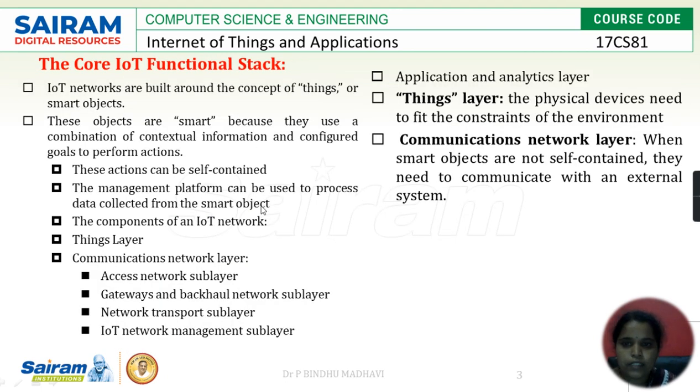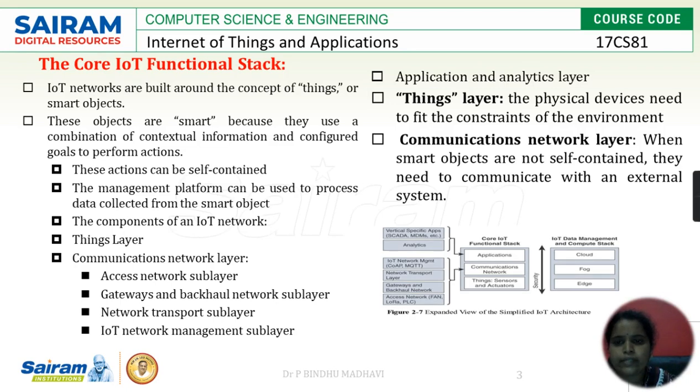So the core functional stack, yes, the main key element here is the connection or connectivity of the unconnected things. So the complete IoT is based on smart objects only, because bringing the unconnected things to connectivity is the concept. How can we say these objects become smart? Based on the information they have and based on the corresponding actions. The information at that particular instant, what kind of information it is generating, that is contextual information, and it is served for what kind of actions. Together we say the object is smarter.